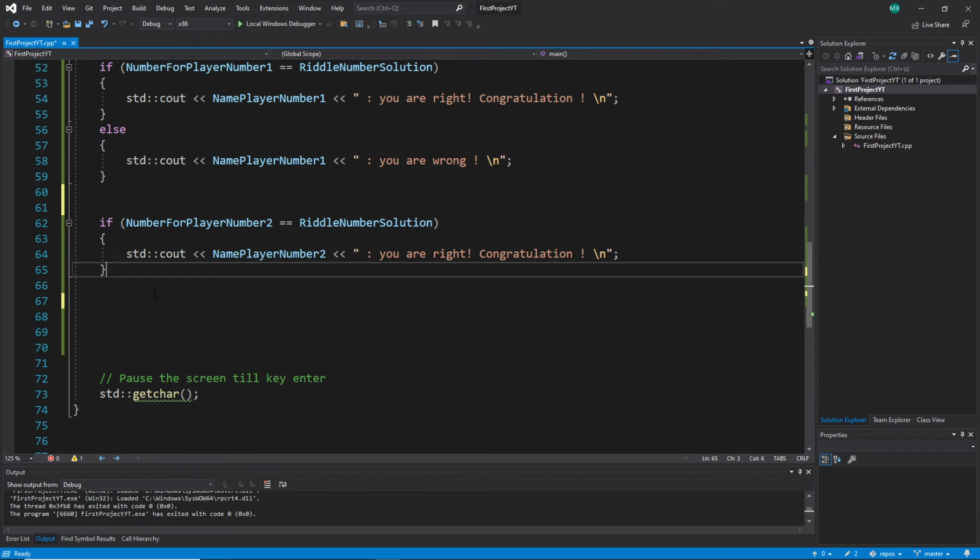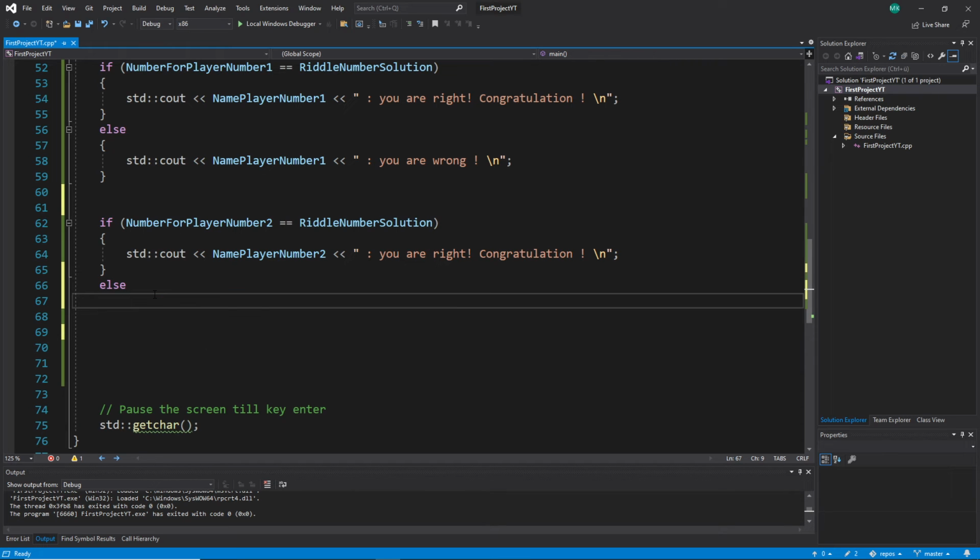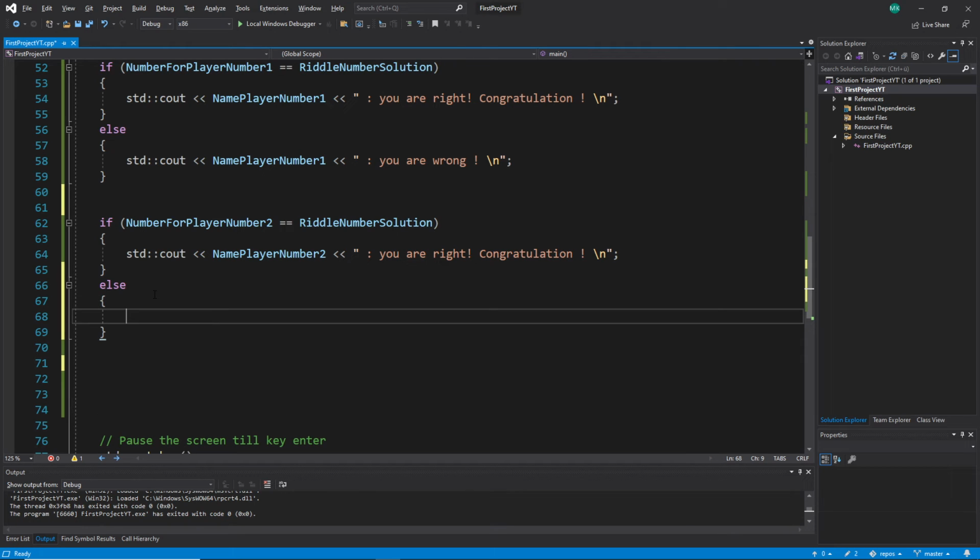So then, of course, we can do the same here. Let's write the same here. Let's train a little bit. So we write again, we extend this with else. If this is wrong, let's open up our curly braces. This is the second body. This is the first body. And if the checker says yes, then jump to the first body. If the checker says no, then the first body is skipped and it jumps to the else statement and uses the second body. So, in the second body, I copy this message here because